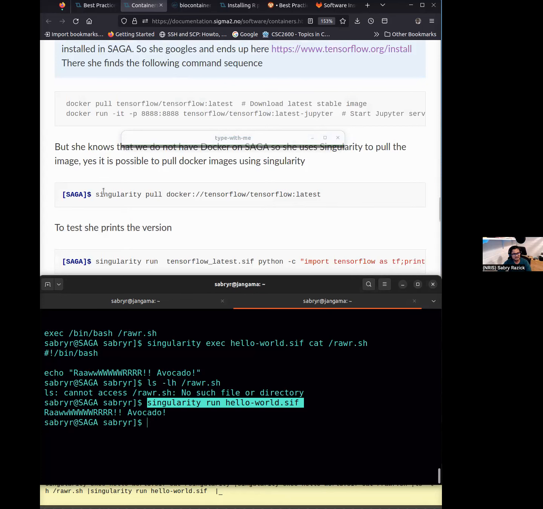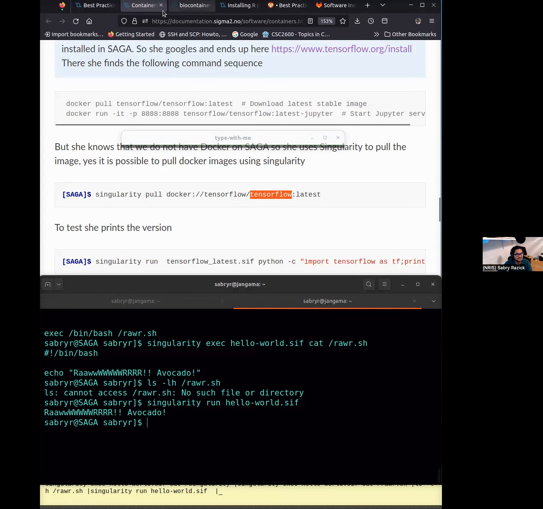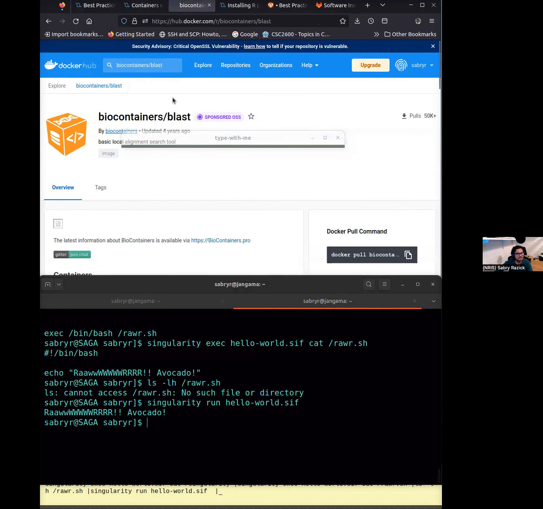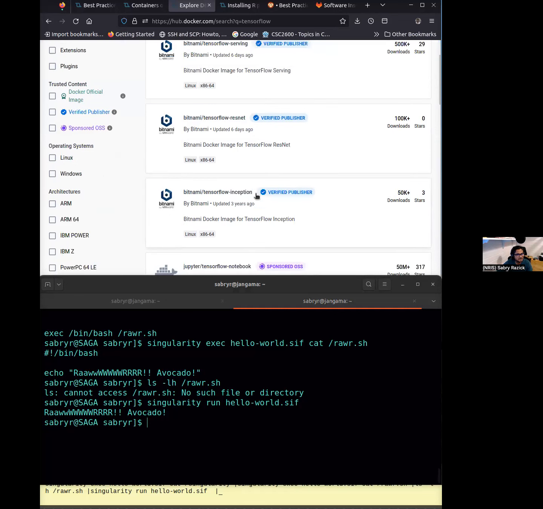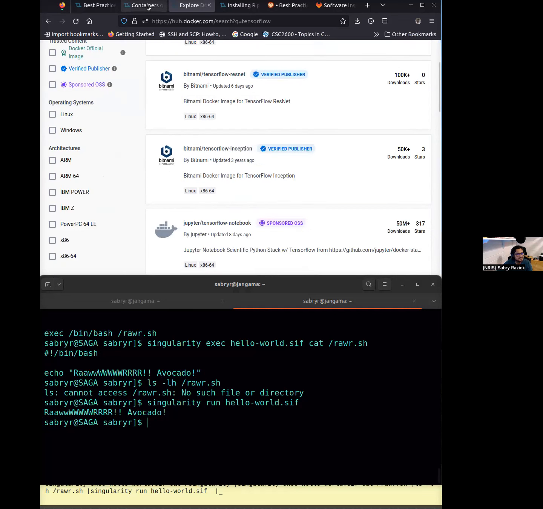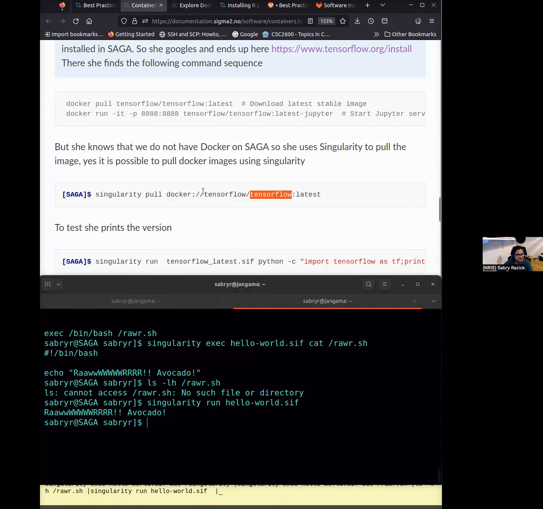So then we'll see again here, this is Docker. So let's say TensorFlow in Docker. I'll show one example just to make sure that if any problems come up, we can discuss them as well. So I found this TensorFlow. We have the default TensorFlow. So here we are using TensorFlow.